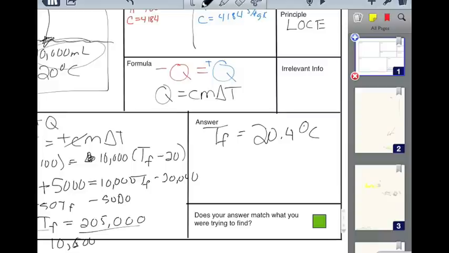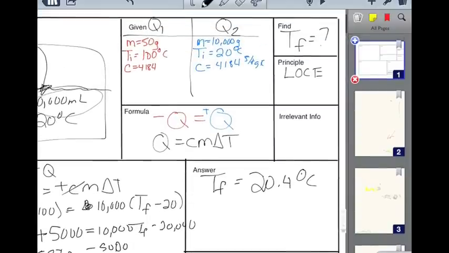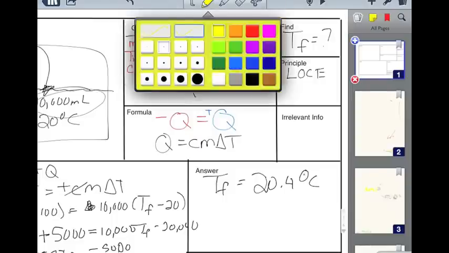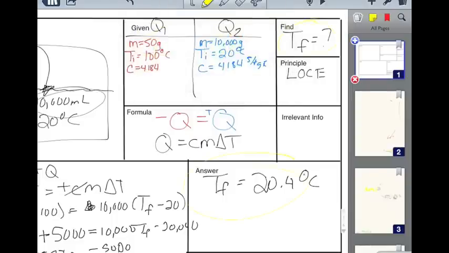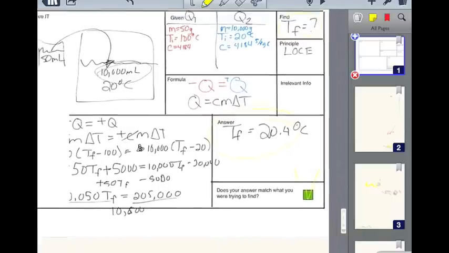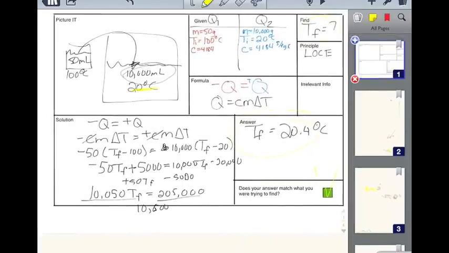So now we look and we say, does our answer match what we were trying to find? Well, yeah, we were trying to find the final temperature, and we in fact found the final temperature. So we can check off this last box, and then we can also say, does it make sense with what our answer originally said? We said we would expect it to be closer to the 20